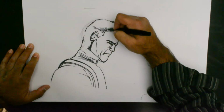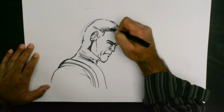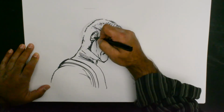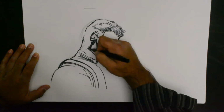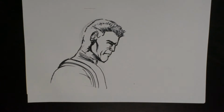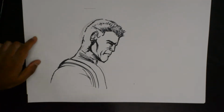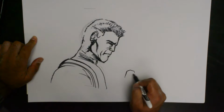and I'm going to put in some lines for his hair that is mostly depicted in this manner. And then a bit of muscle structure there, and then for some additional impact,